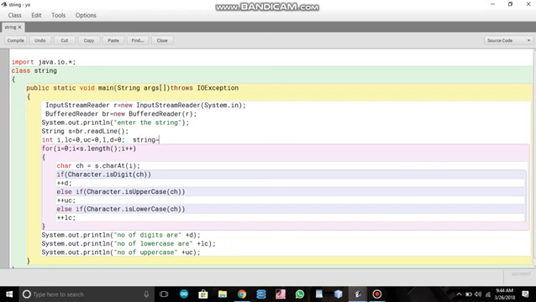Suppose there is a string named Siddharth. So what this loop will do is, from index 0, I'll mark the index here: 0, 1, 2, 3, 4, 5, 6 and 7. Yeah, what it'll do is that